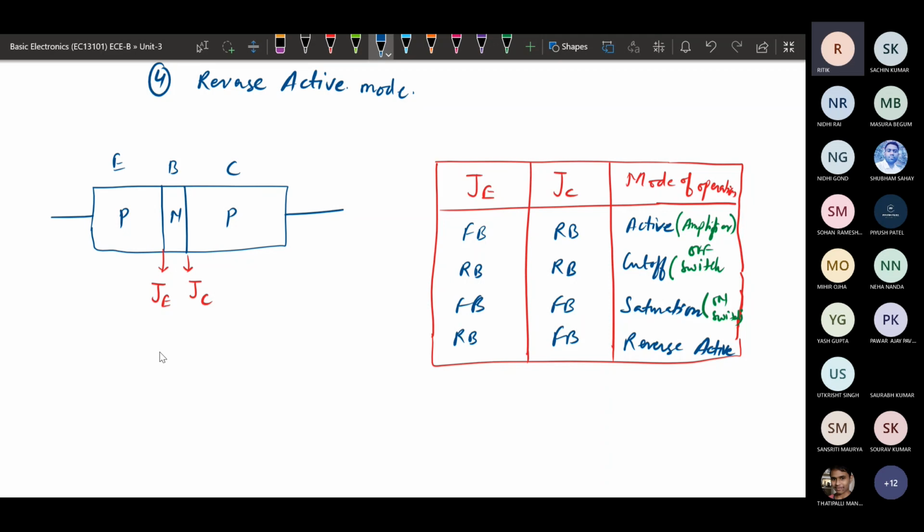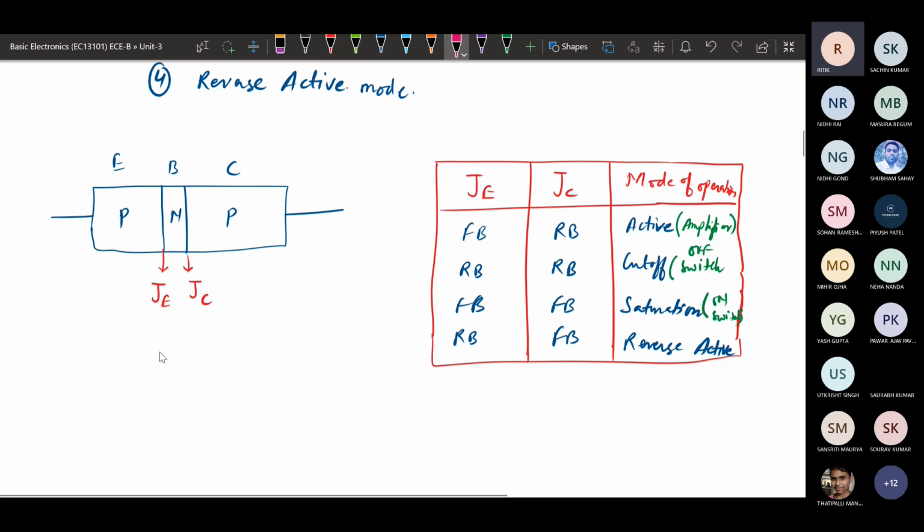Okay, so this junction is considered as the collector junction. So based on the biasing of these two junctions, we will identify in what particular mode this BJT is working. Okay, so with respect to JE and JC, we will decide the mode of operation. So if the emitter junction is forward bias and the collector junction is reverse bias, this is considered to be the active mode.